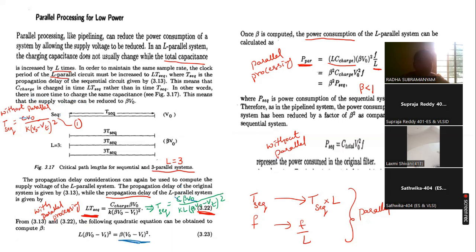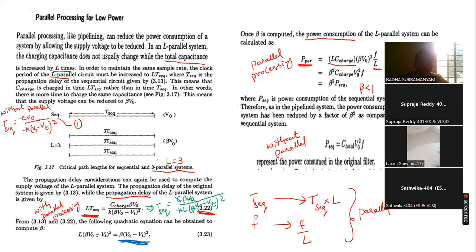So we are equating the RHS of 3.22 and equation 1. C V naught in the numerator gets cancelled. K also gets cancelled. And this beta will get multiplied with V naught minus VT whole square, that is underlined here in blue color. And the remaining, L into beta V naught minus VT whole square, will come on the other side, when we equate the RHS of the previous two equations.